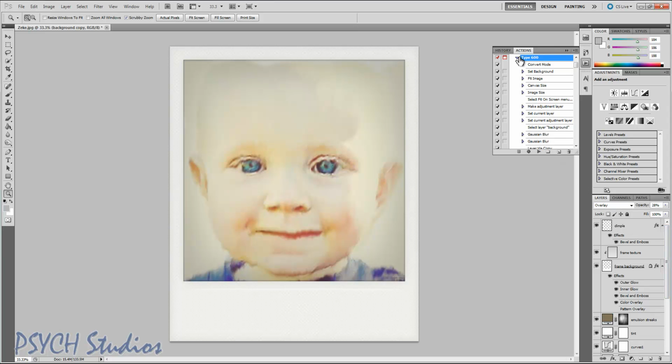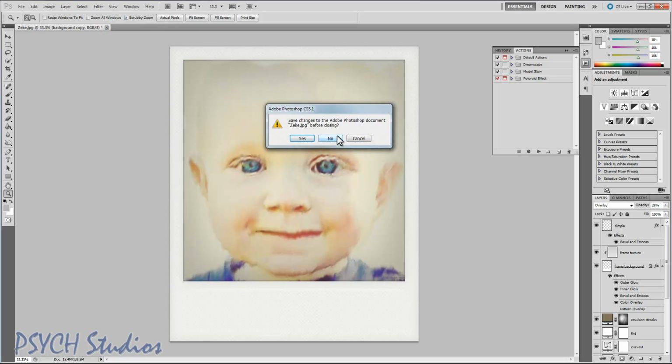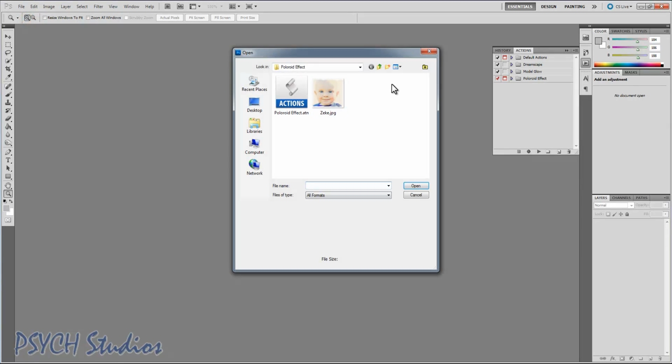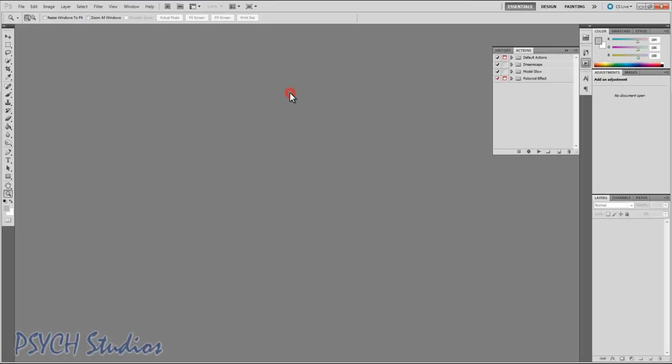Okay, so let's go back up. We're going to go ahead and close that. We're not really closing it, we're just kind of collapsing it back. So we're going to go ahead and close this and move on to our last, and I think one of the neatest effects. Let's go to open. We're going to go up and we're going to go into our vintage photo. Now I've got a nice bowl of fruit here,